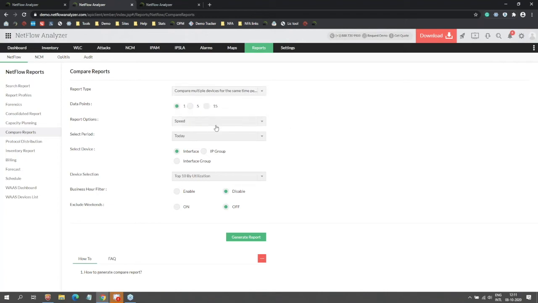You can select the data points, what time you want, or what value you want to see, like utilization, speed, packet. Want to see that, you can select it, and basically you're just going to compare either two devices at the same time. This is for load sharing. Second one is comparing the same device for different time periods. So let's say if you need to bring down a device for a firmware upgrade or so, then you can use this method to understand when the device has been handling traffic less. So at that time you can do it.